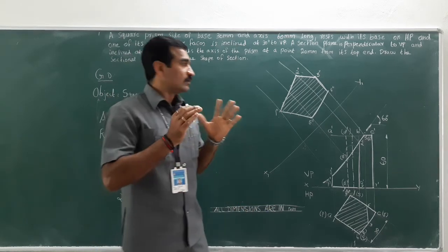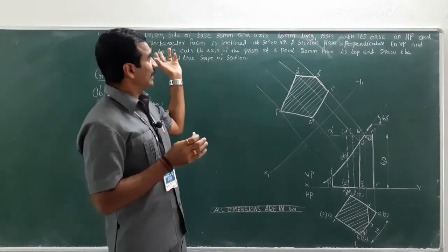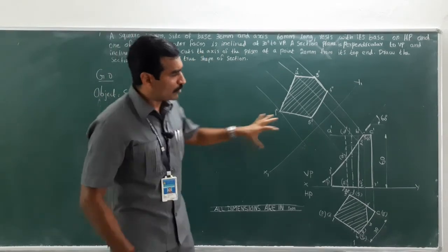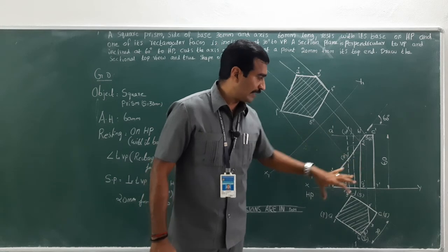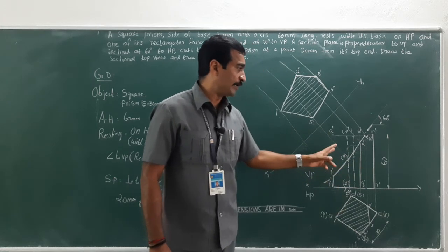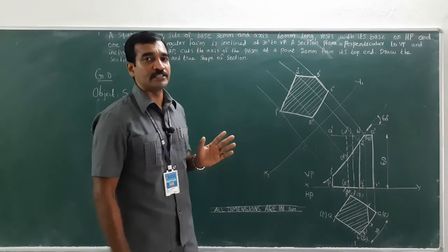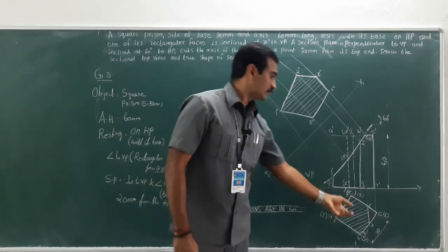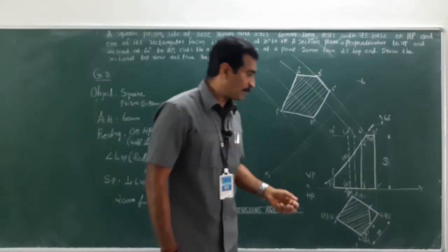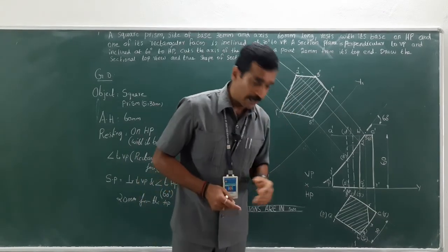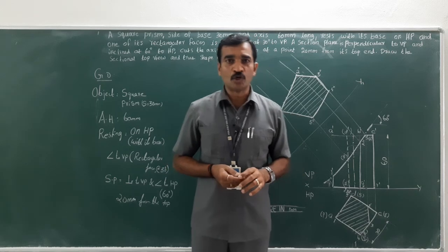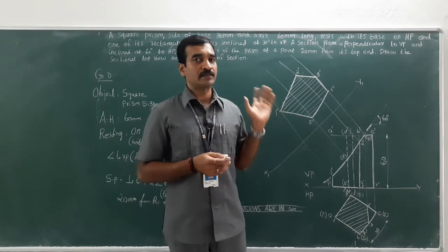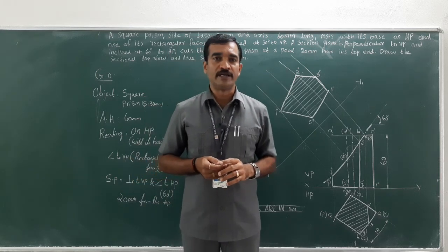So you have to be very careful to read out the question and extract as much information as possible. Then form the drawing, that is 2D, the top view and the front view. Then where the section plane is used, that you have to draw it clearly. Then the sectional top view as well as the true shape needs to be drawn. Hope you have all understood how to construct this or how to draw the projections of this particular chapter, that is sections of solid. Thank you.